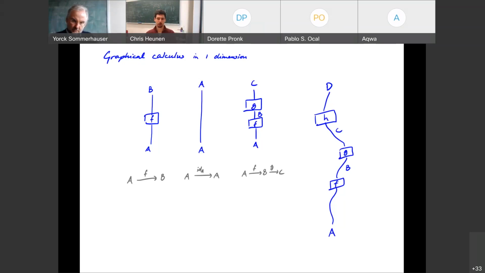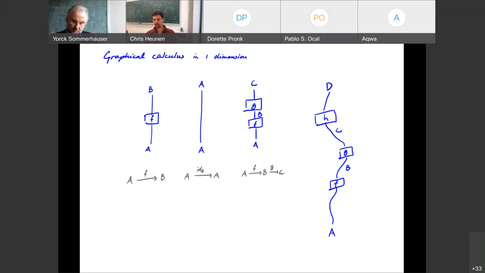Because if I draw a composition of three things, you can't really see in the end picture the associative law. Right? If I first draw F and G and then draw H on top, that's literally the same picture as if I first draw G and H and then F underneath. You can't see what I drew first. And the same for the identity law. If I draw F and then make the wire on the output a bit longer, you can't see the difference between that and F.